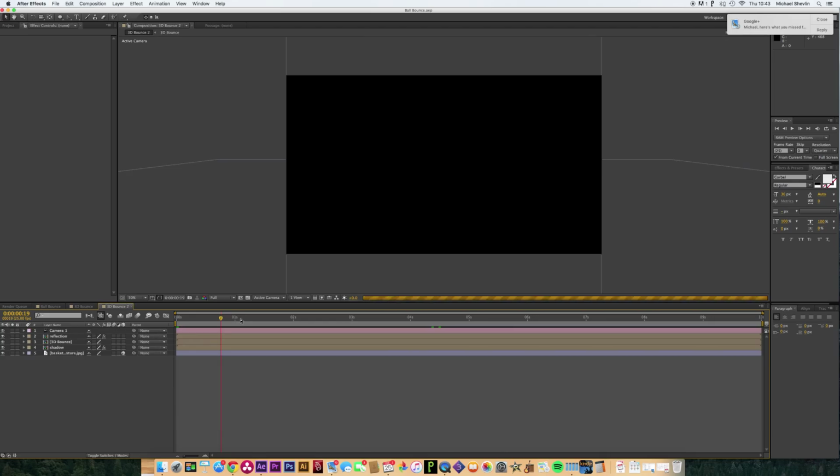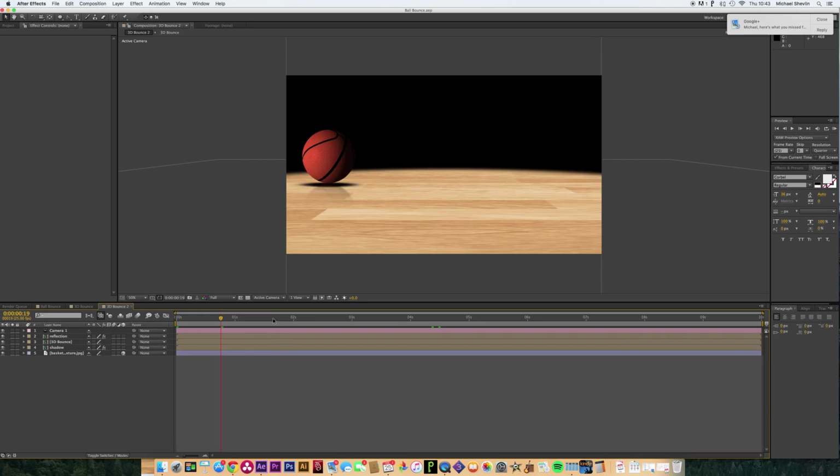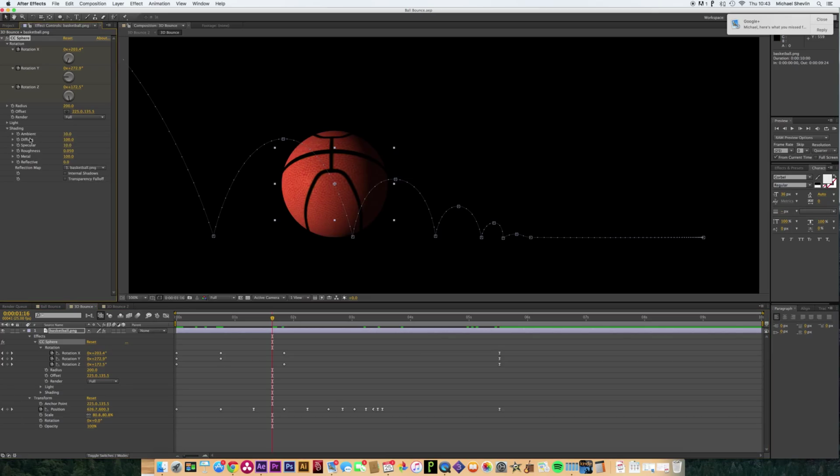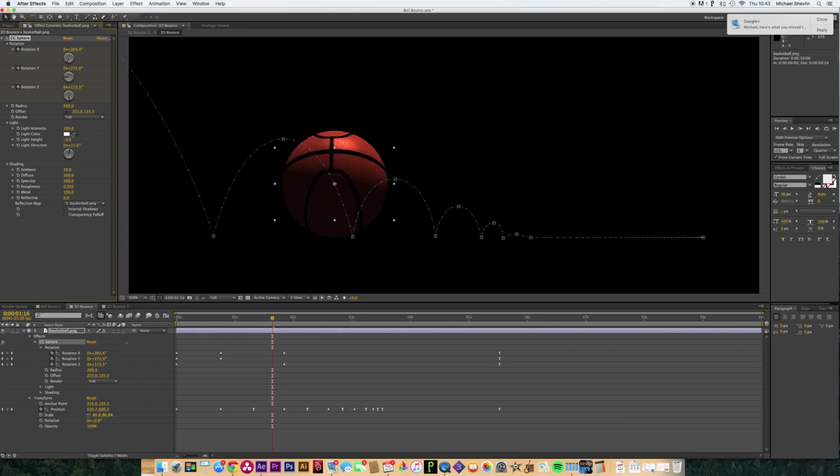The other things that we could do would be, on this we can change the properties of the actual 3D object. So in this effect, the CC Sphere, if you go down to shading, you can change how specular it is and where the light source is coming from and all that kind of stuff. So we want to do the light source coming from the top, and we want to do something along those lines, I guess. And we want to make the ambient a bit higher because we want to get more of the backlight underneath there